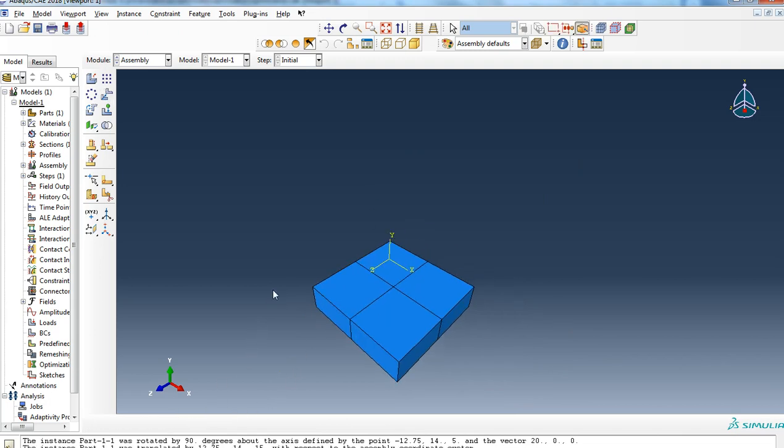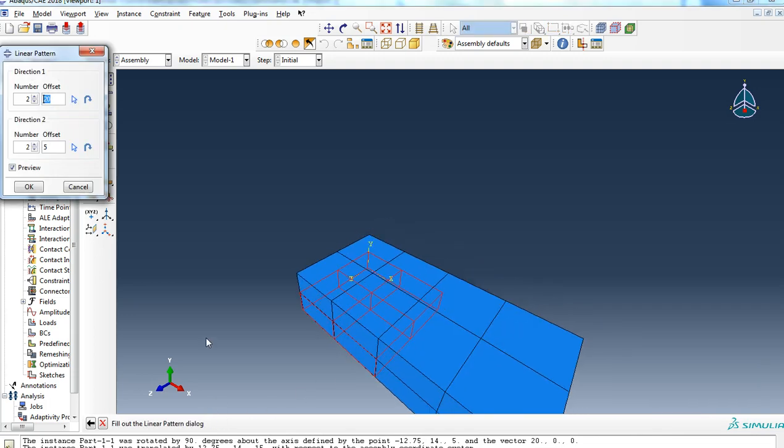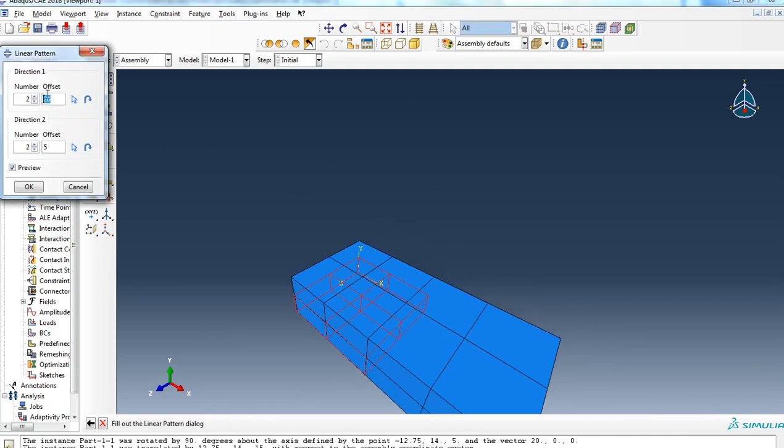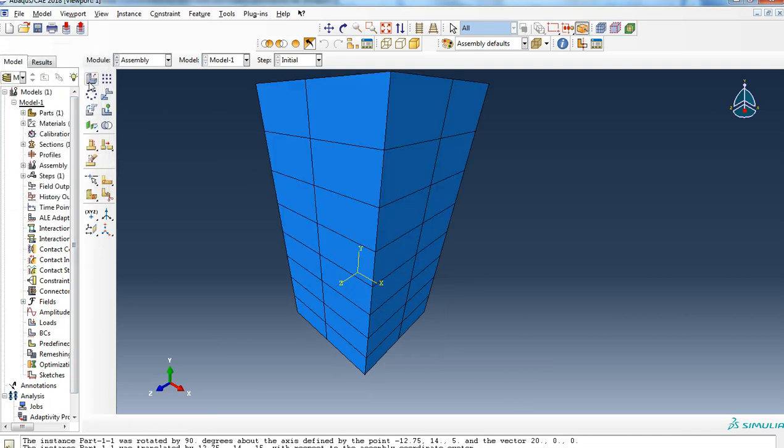We have to reproduce this 8 times for 8 floors, so use linear pattern and reproduce it in the Y direction 8 times. Okay,